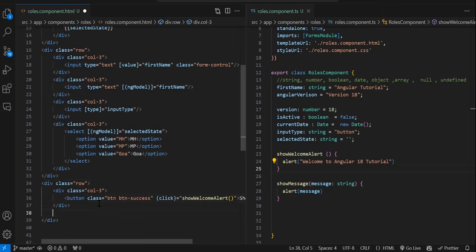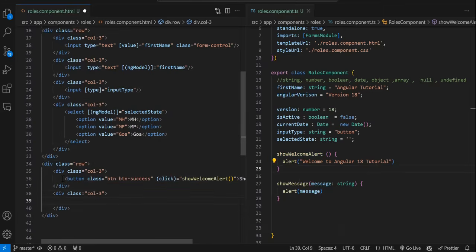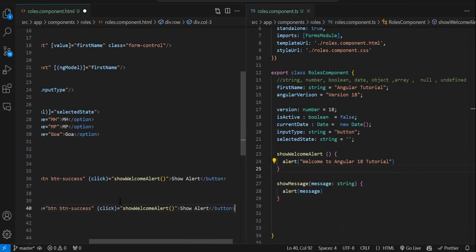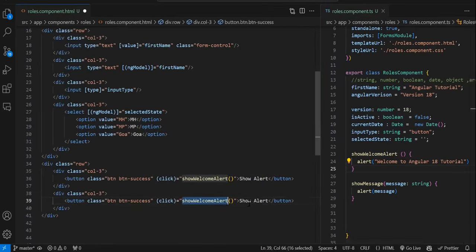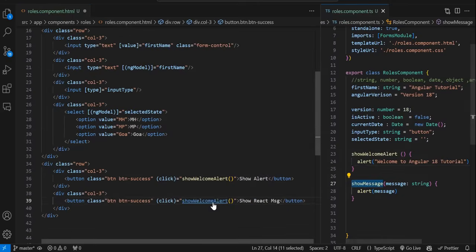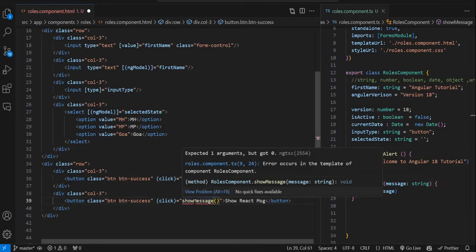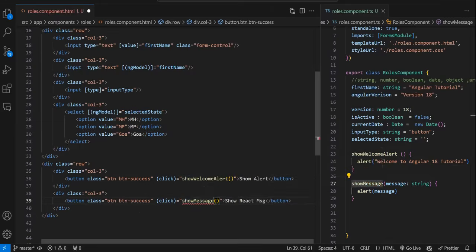Let's create another column and try to call the second function. Let me just copy. So here, show React message. Now we will call this function over here. Now this function needs a parameter. See, it is throwing an error because it needs a parameter. So we cannot call the function directly. We need to pass the parameter. A string type of data we need to pass. Okay, welcome